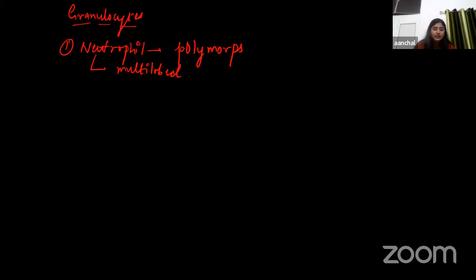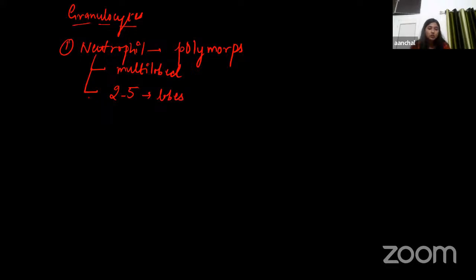So in the younger cells, the nucleus is not lobed, but in older neutrophils, the nucleus has 2 to 5 lobes. Okay, so this should be remembered: when the cell is younger it doesn't have any lobe, but as the age of the cell proceeds, it can contain from 2 to 5